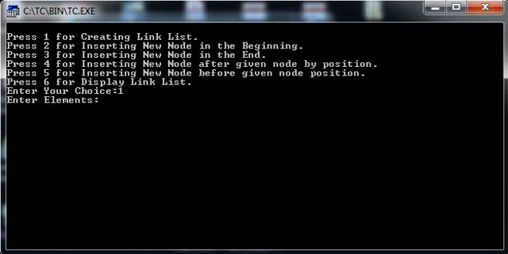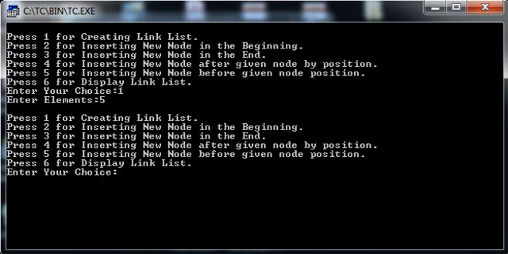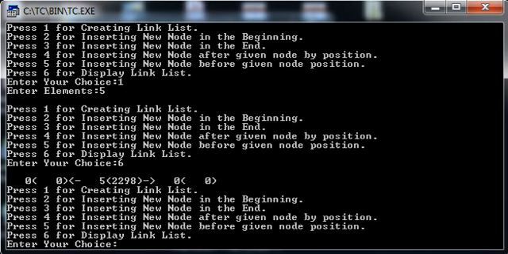Let's say I am selecting first option, that is creation of doubly linked list. I am inserting element number 5. Now let me check whether 5 has been inserted. Yes, you can see over here node 5 has been created, and that is stored at address 2298. Its previous contains nothing, 0. Its next node contains nothing, 0. It means I can say my doubly linked list contains only one node, and as you can see, it doesn't contain any next or previous node. So next and previous members contain 0, right?